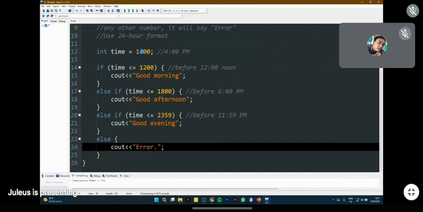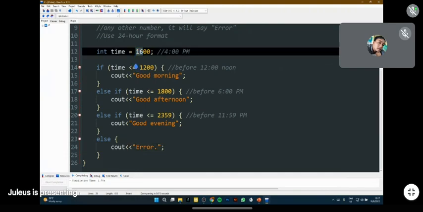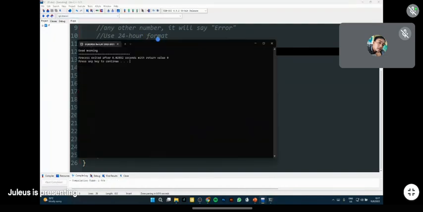Let's close this up. What if we enter another number, let's say we'll try the other one. For us to be able to say good morning, let's set it to 800. 800 means 8 a.m. Right, it says here, good morning, because the first condition is met.